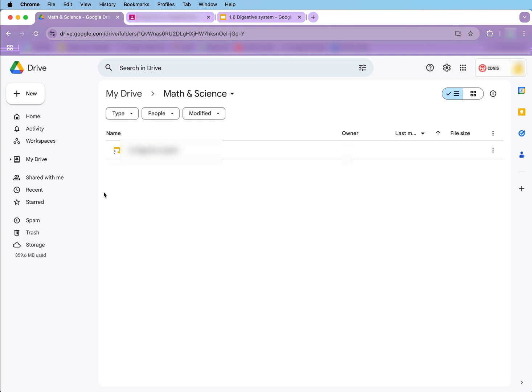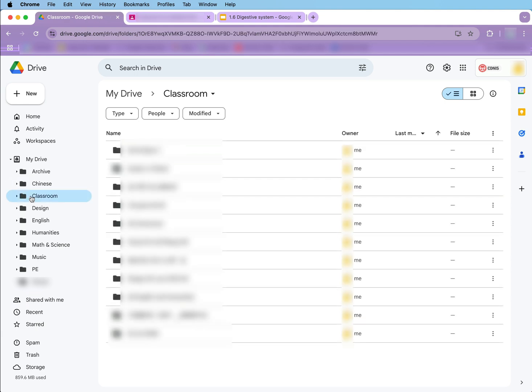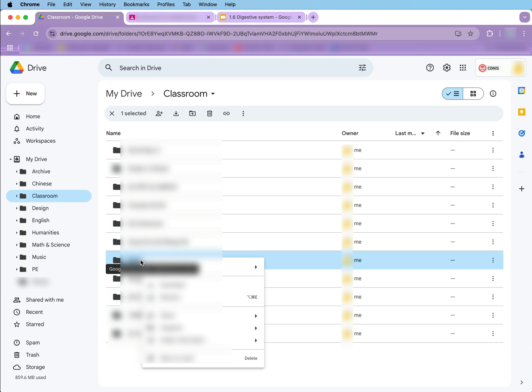So the next thing I want to show you is how to color code folders. So you can't color code files, but you can color code folders. So again, I'm going to go into my drive. Maybe I'll go back to Classroom. Okay, so earlier I showed you how to star. Okay, another way you can help quickly recognize the Classroom folders that you come to more frequently